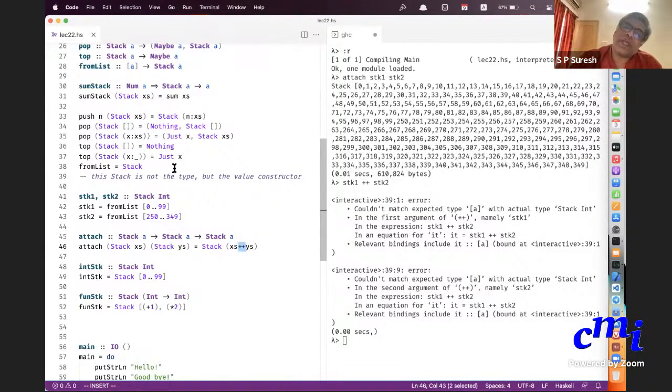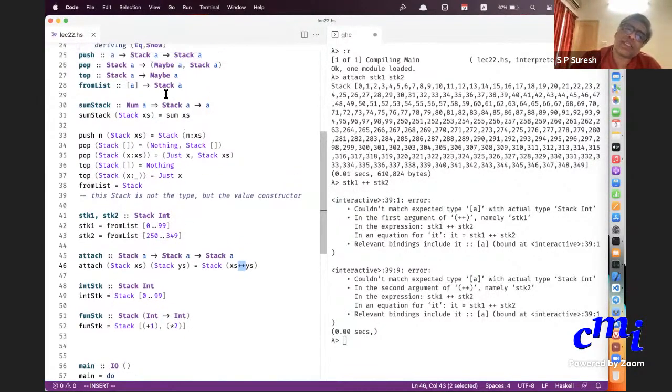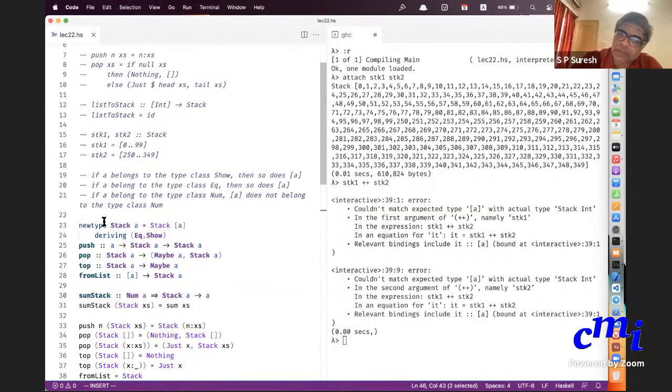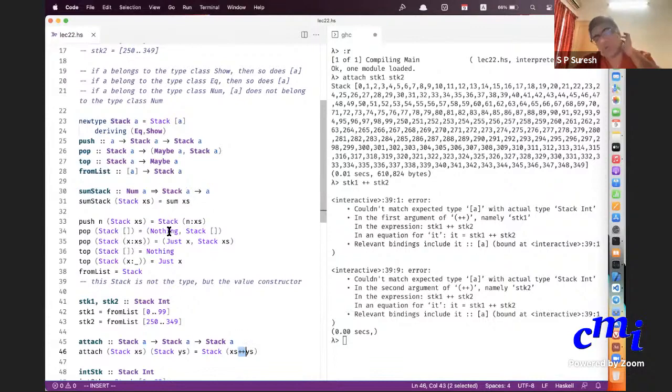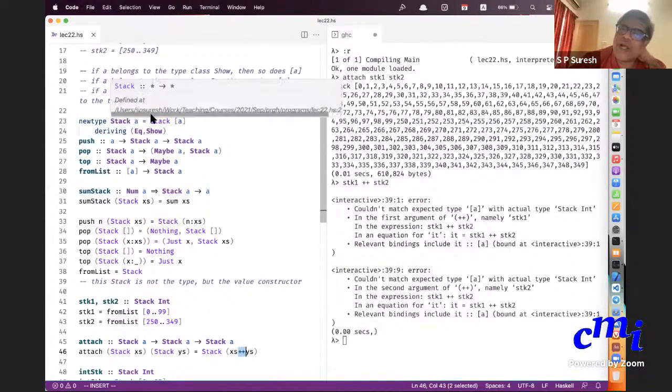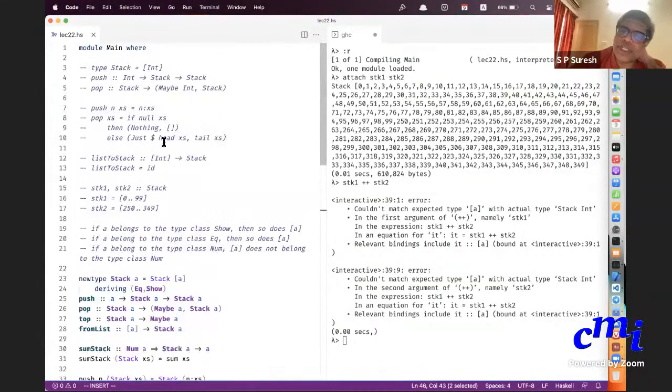The main reason we went from the type synonym implementation to actually doing a new type data, etc., is that you shouldn't be allowed to do this plus plus kind of nonsense operations. But it looks like I'm still allowed to do it, except that I'll have to put it inside a constructor. So if I'm anyway going to allow it, why do this? I could have allowed you just to define stack to be just list A, you know. Do you get the point? So the point is that I shouldn't be allowed to do even this.